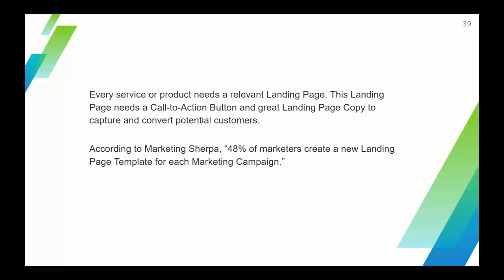According to Marketing Sherpa, almost 50% of marketers create a new landing page template for each marketing campaign. So if you have another marketing campaign, take the time to optimize the landing page. Now you probably say, wow, I have problems with creating one. The reality is, if you can create one, you can also create the second one.